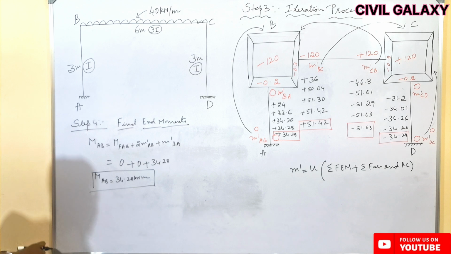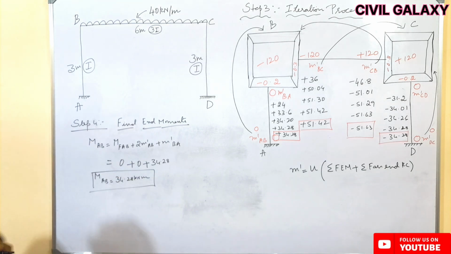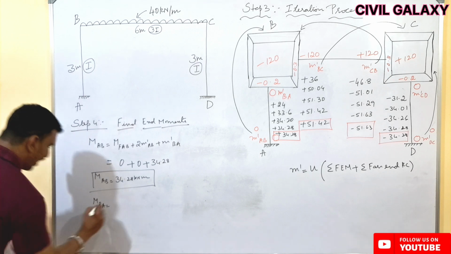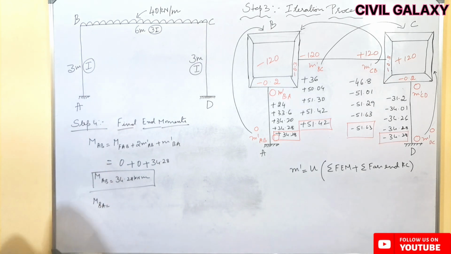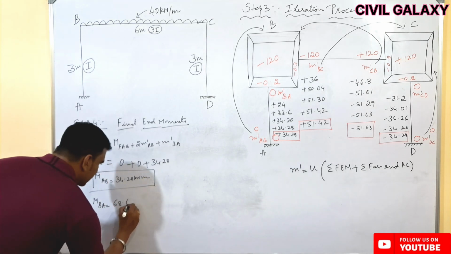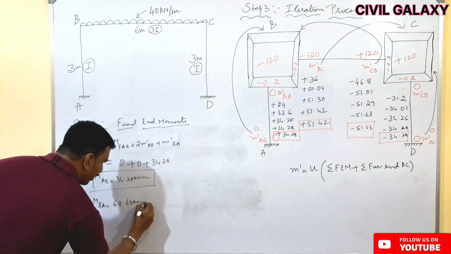So similarly, applying the formula for other members also, from B to A we are having a value of 68.68 kilonewton meters,